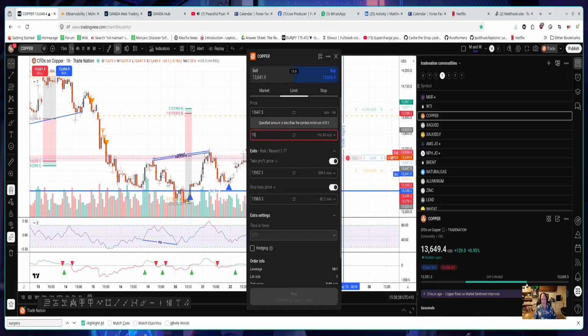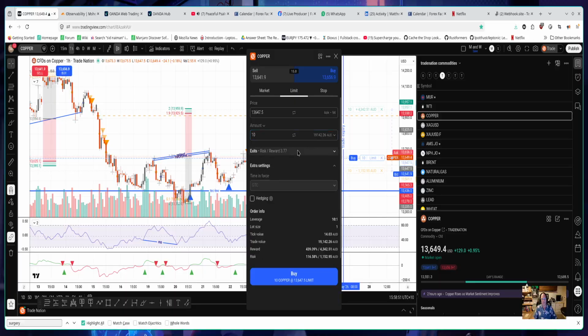And if I want to risk 10 Aussies, I just risk 1% of my account because I've already thrown my account out. Risk percent of balance, 1%. Can't do that. 2%. Can do that. I'll just risk $10. Even though I'm way out of my amount. No, not amount, 10 units. Risk Aussie, 10. She's going to buy me like $19,000 worth of stuff. Specified amount is greater, less than 0.01. I can't